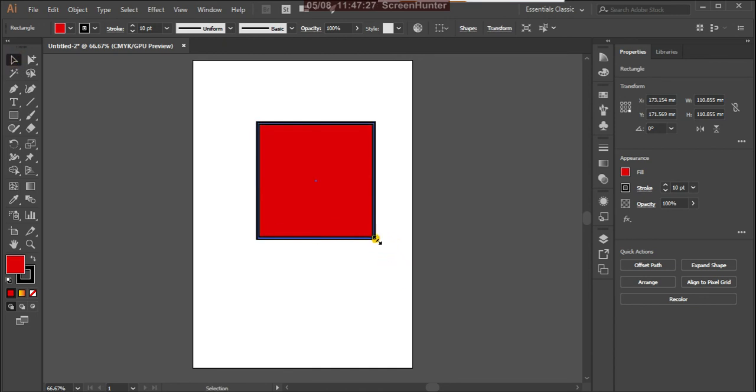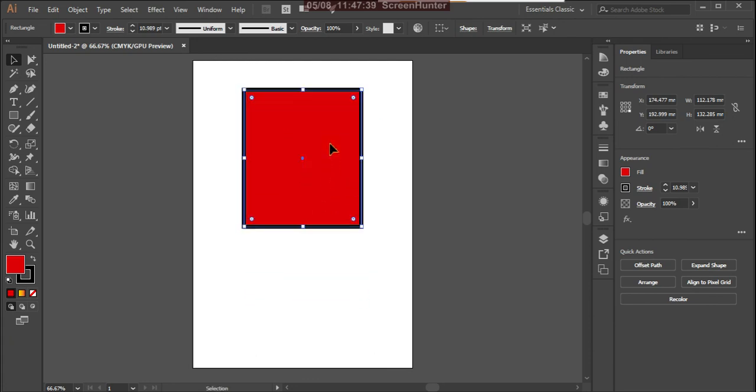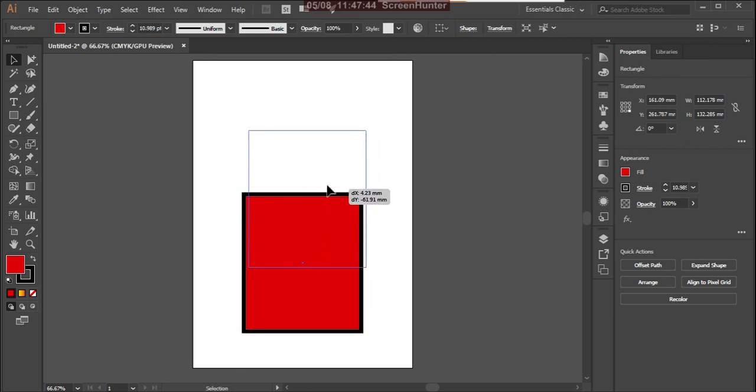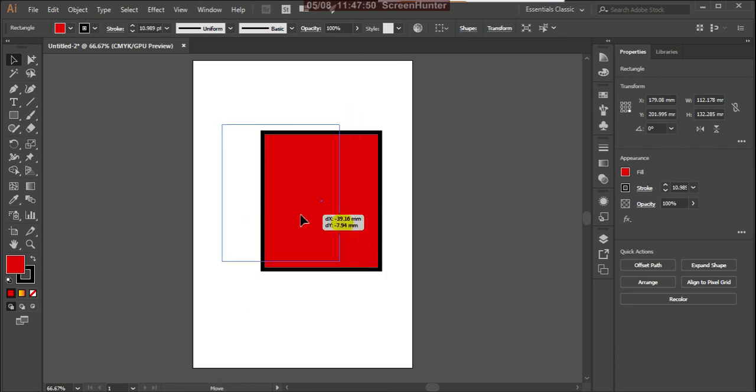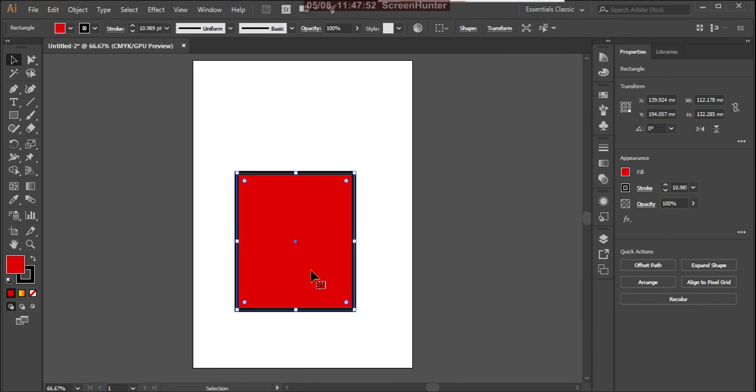Now if you see this, I'm using the left mouse and dragging. The pink lines are showing here. Those are called what? Smart Guides. The Smart Guides give that alignment.